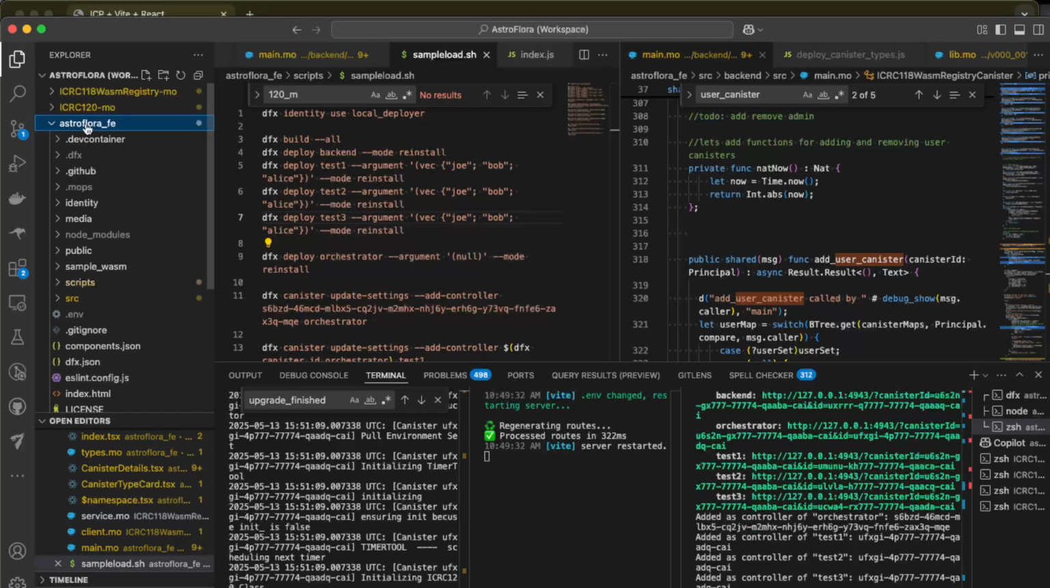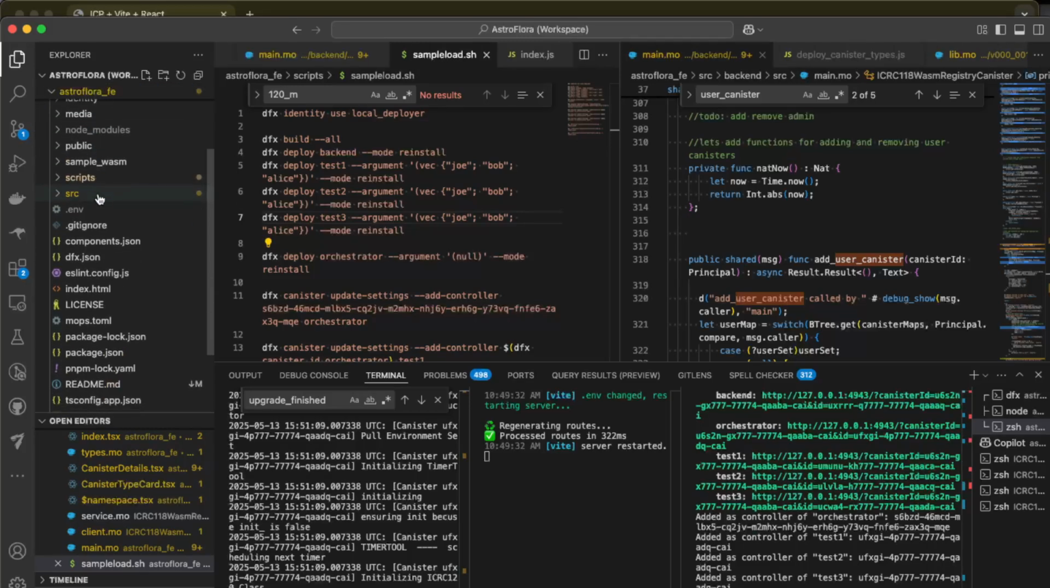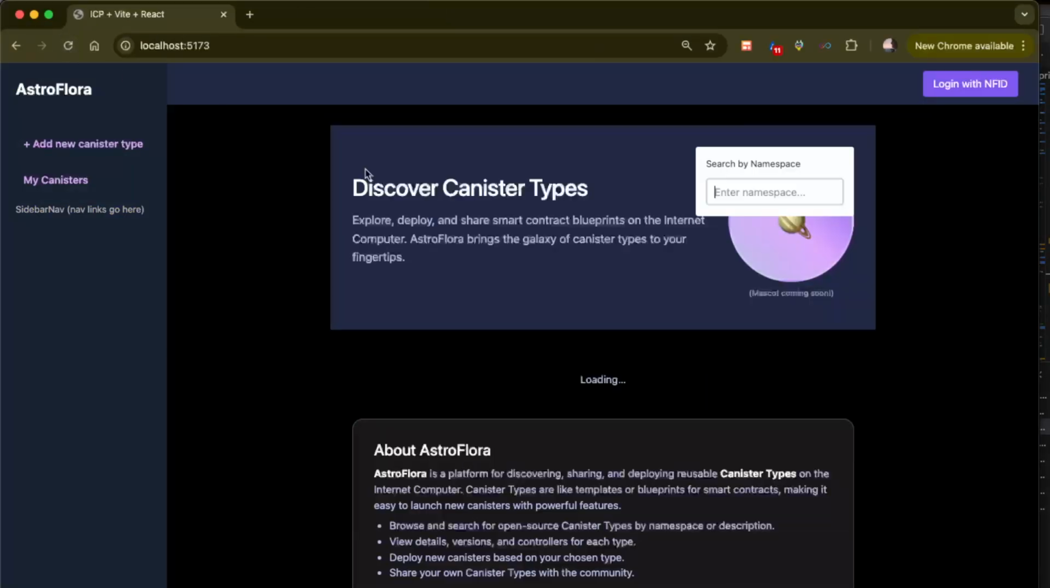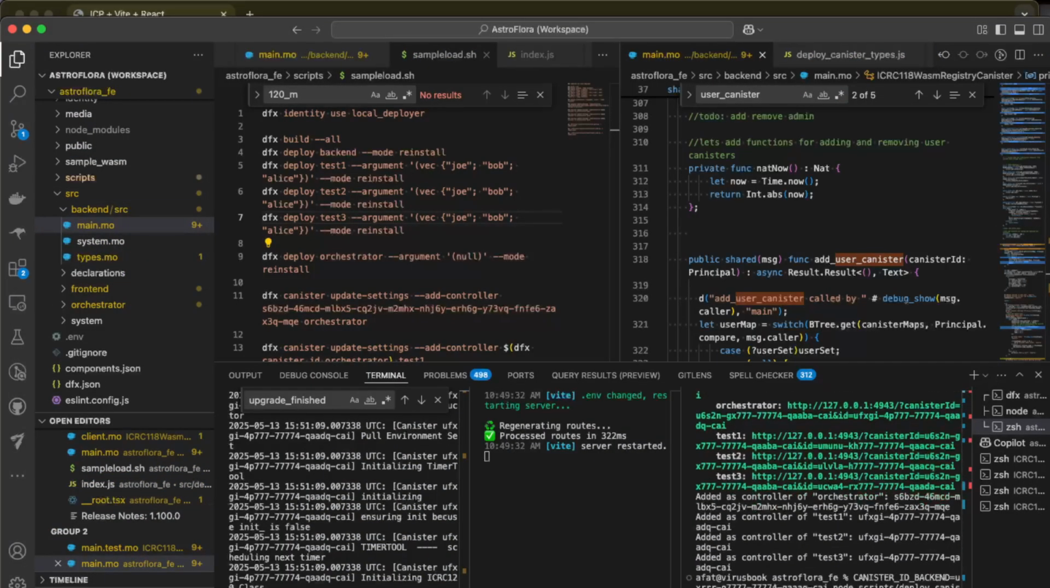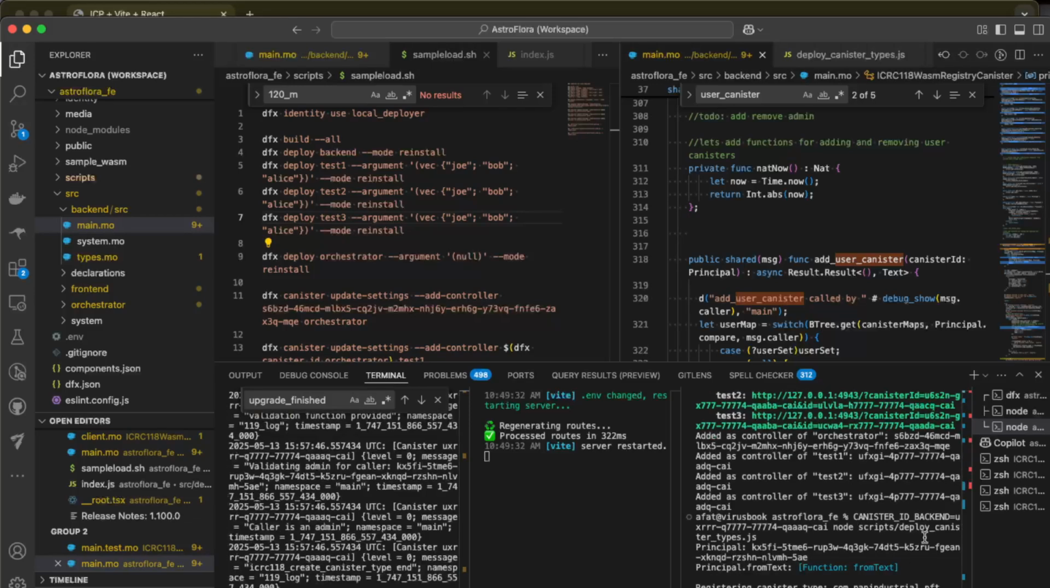The AstroFlora front end, we implement our back end, which is the 118 server, the registry server, and then our orchestrator, which is the 120 server, and then we have a front end. So if we run that and we look here, we'll see that we have our application and that there's no canister types. So I'm going to run a quick script here, and that will